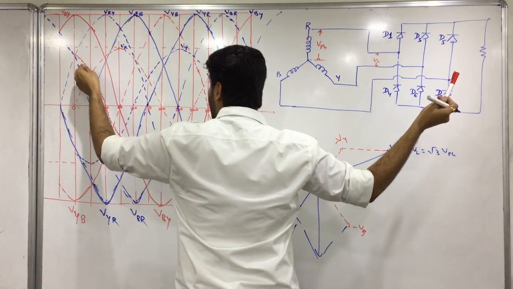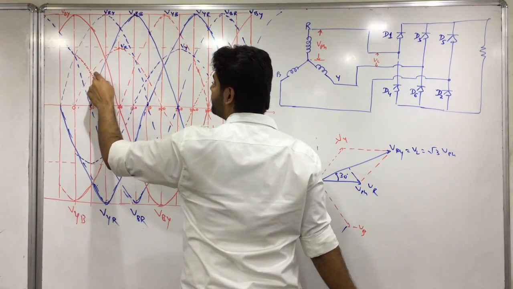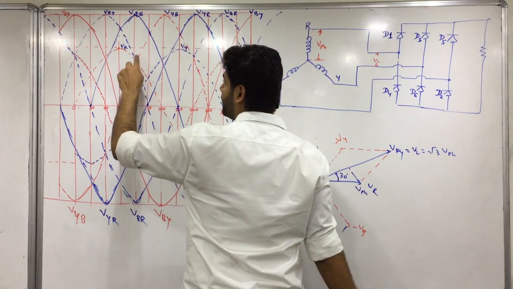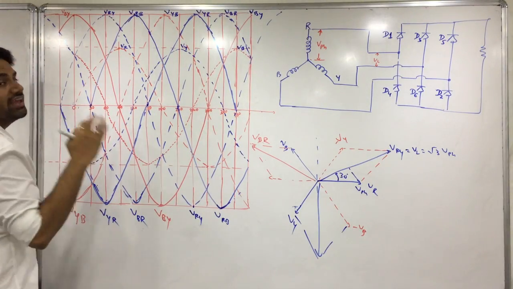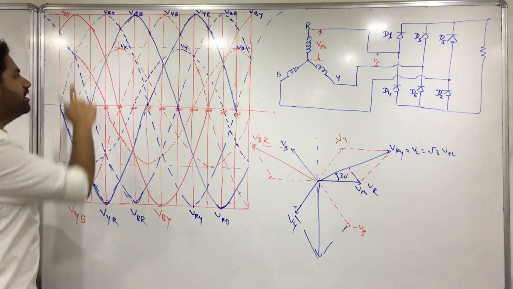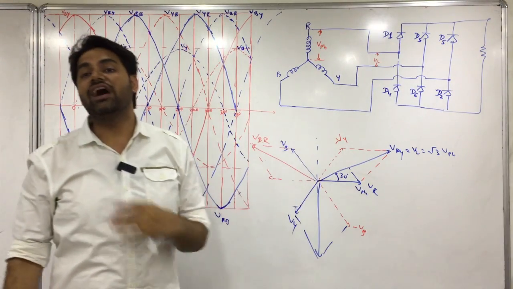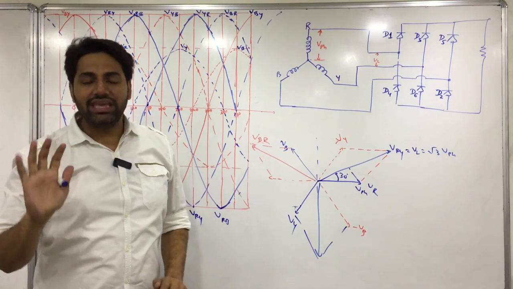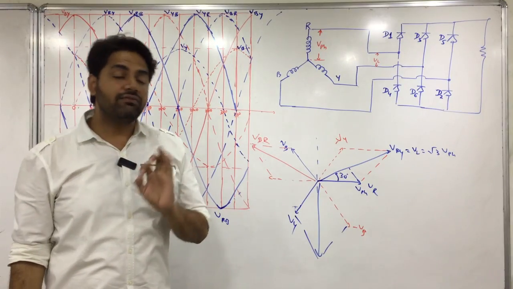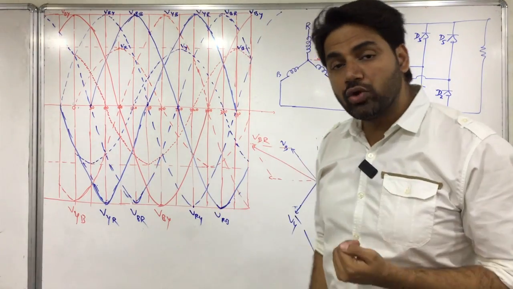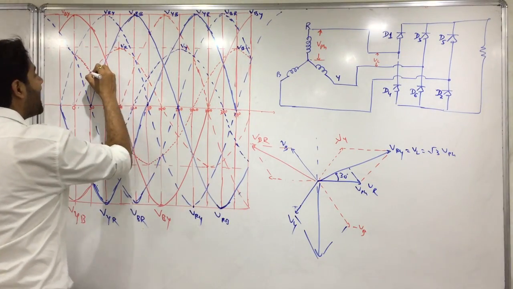starts turning on and this starts turning off, because now the highest voltage is VR from here till here. The biggest voltage in the entire, see, from 0 to 30, which one is the biggest magnitude? VB is the biggest magnitude. So it won't allow this diode to come under conduction. Fine. See, that's what I'm showing. Don't worry. But you understood that only when it is the biggest can it work. For a diode to conduct, the voltage coming to it should be the biggest voltage among all. Fine. Okay. So at this instant,